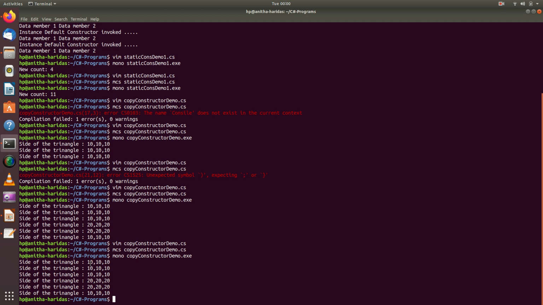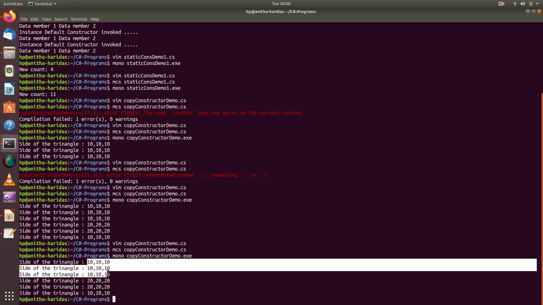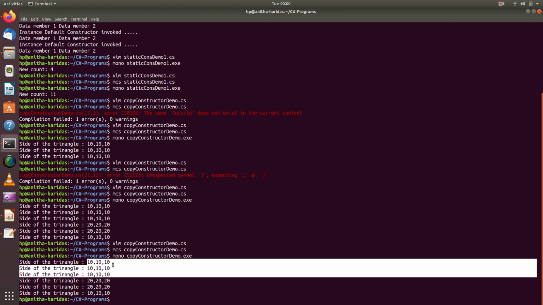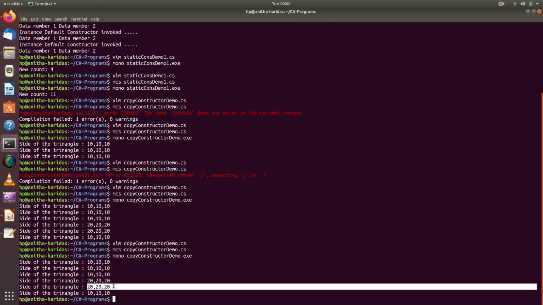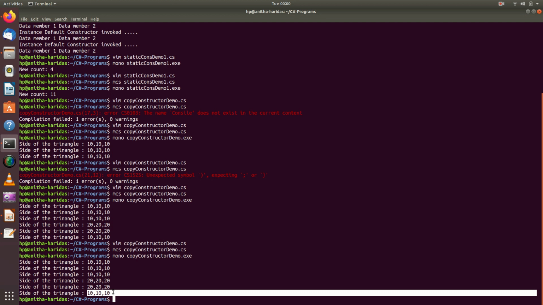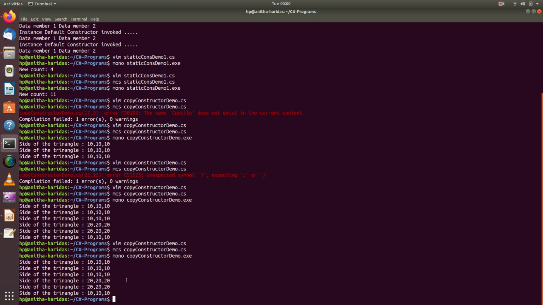You can see initially all the three objects are having value 10, 10, 10. I change the value of T1 to 20. By the time automatically T2 also got changed, whereas T3 remains the same. This is what you call as a copy constructor. Thank you.